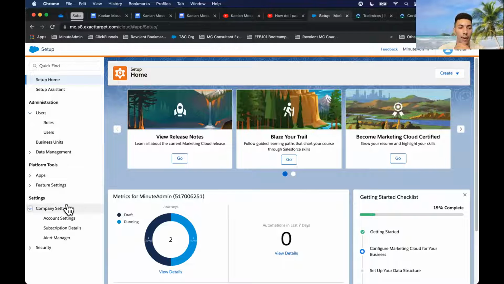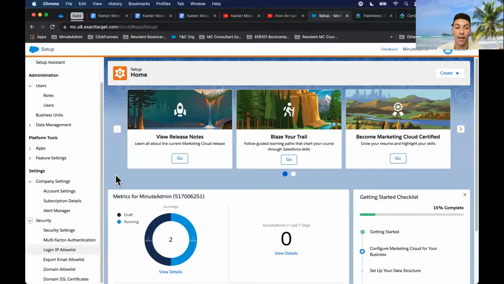You're going to be setting your company settings, kind of like in Sales Cloud. You're going to be making sure that your company is set in the right time zone. You're going to make sure that your single sign-on is set up and multi-factor authentication is set up. So there are different groups who come in here and set the whole system up.